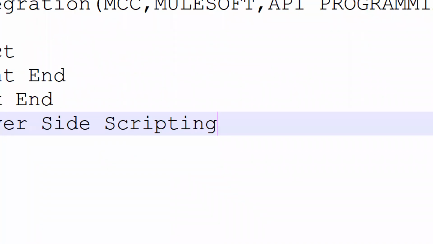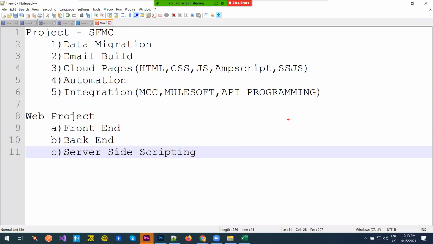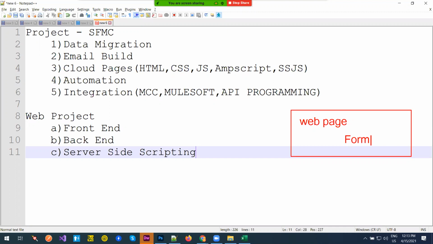And the cycle goes like this. You'll have a web page, and the web page will have a form. Once the subscriber submits the form, that will be taken into consideration and it will be stored in a database. This is the database.